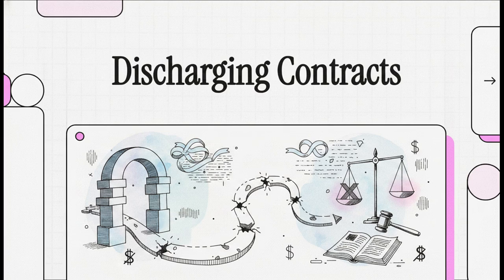Think of today's session as your high-yield masterclass on how contractual duties actually end without full performance. Now, since your law students are prepping for the bar, you already know the basic architecture of contract law, right? We've got formation, performance, breach, and remedies. But what happens when parties just need to end a contract early? It gets messy. So let's master exactly how you get out of those obligations today.